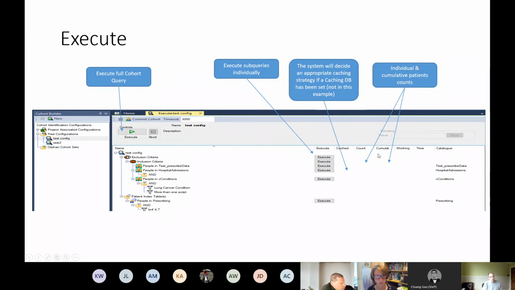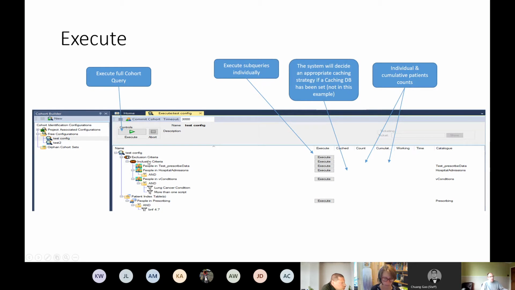We've got a second column called, it's a little bit obscured because the column hasn't been dragged wider, cumulative count. And that is basically where the sets are interacting together in the way that we've given them out. So in this case, you will have the number of people who appear at the top level. I think it's just the same as people in prescribing, but it will reduce as the number goes down.